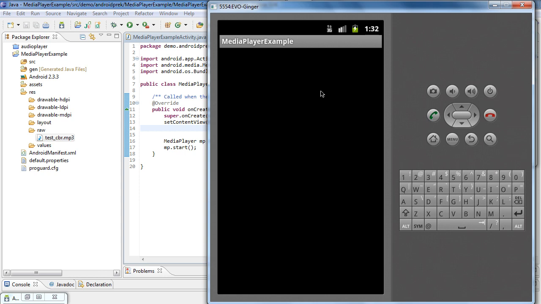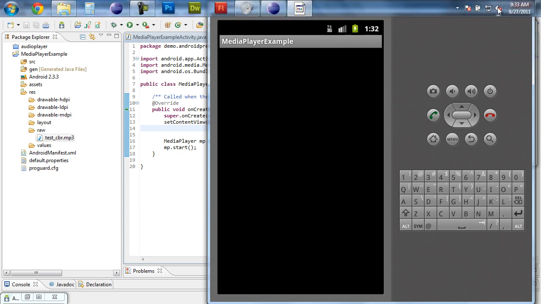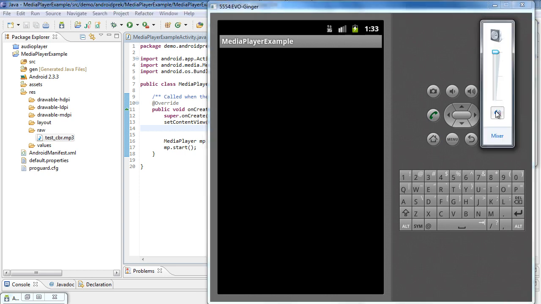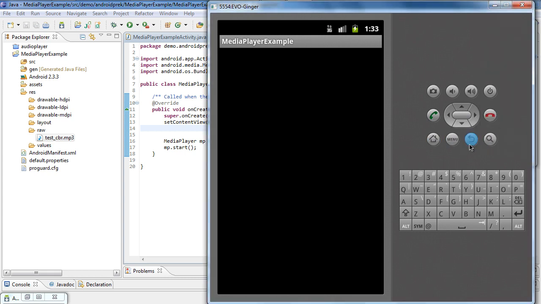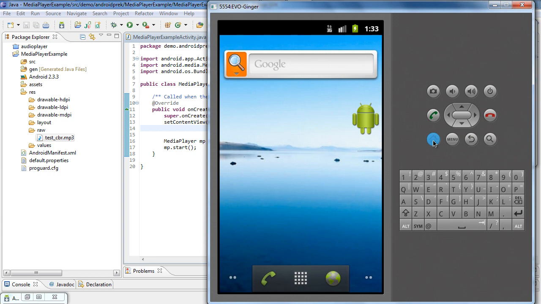Just like any other media player application, or just like the main music player application or video player, if we were to exit the application, the audio would still be playing. Let me show you right now. Let me just unmute this. We'll just get out of this application. We'll start it up again. Let me see, it should still be on the